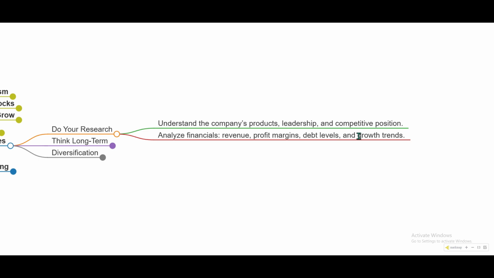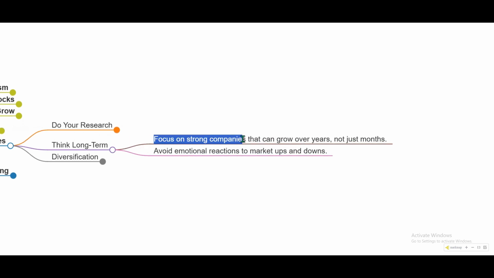Okay, and you also need to check what the growth trends are, what the market dynamics are, in which way the world is moving forward. Okay, all these things. Then you need to think long term. Focus on strong companies that can grow over years, not just months. You have to focus on companies that keep on growing continuously for years and even decades, not just months,